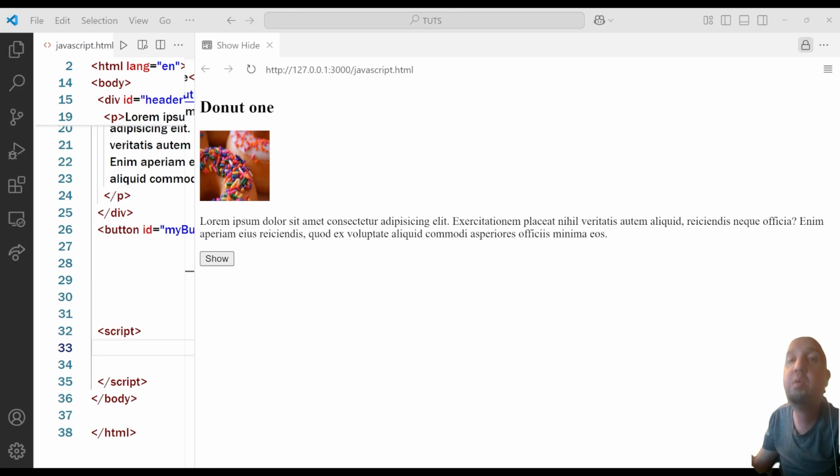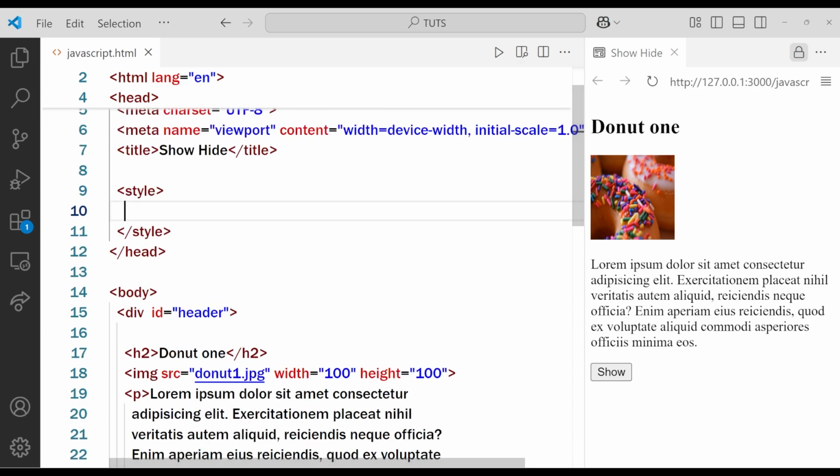Hi everyone, in this video we are going to learn how to show and hide something using HTML and JavaScript. So let's go. Okay, so the first thing that we are going to do is